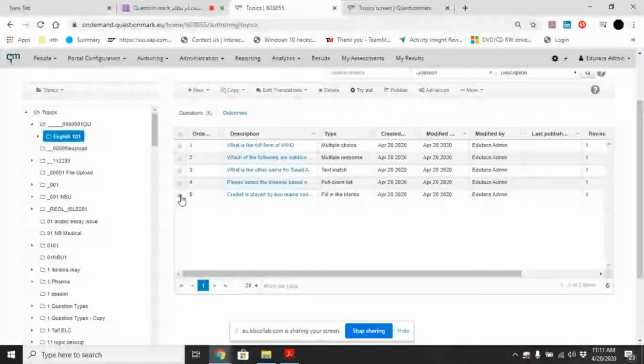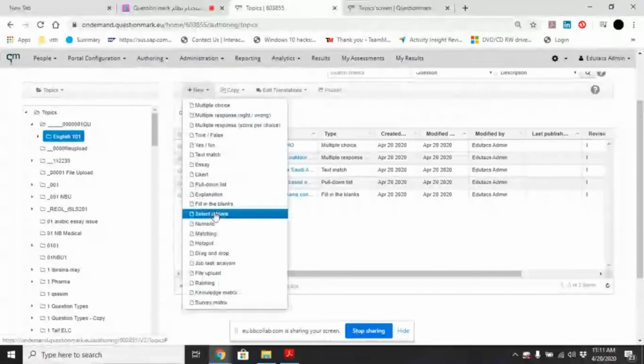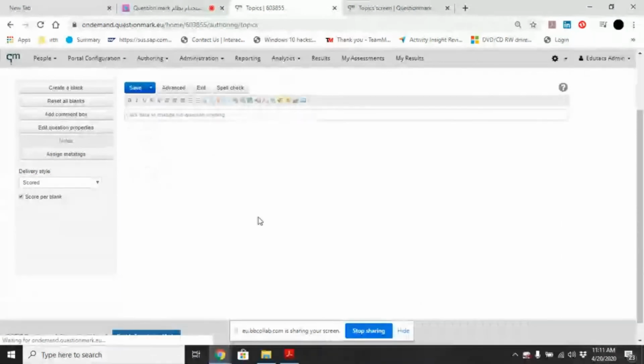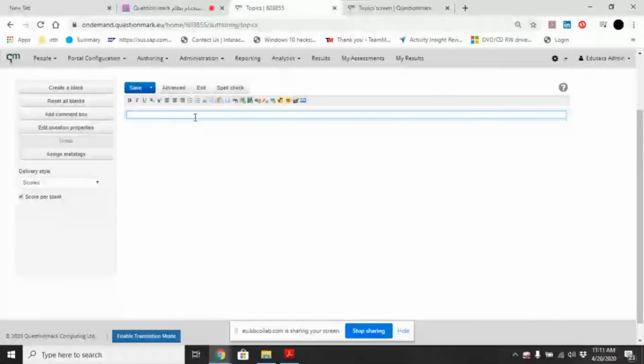Now, what I can also do is create a question called select a blank. Now you see here, there's a small, kind of incorrect framing of the question, in that I did not consider the option 11 as in numbers. I just wrote it in words, and even though the student knew the correct answer, he did not get it correct. So in such cases, where you don't want to penalize the student for all of these things, you can do a drop down list in front of the blank to see if the student knows or doesn't know.